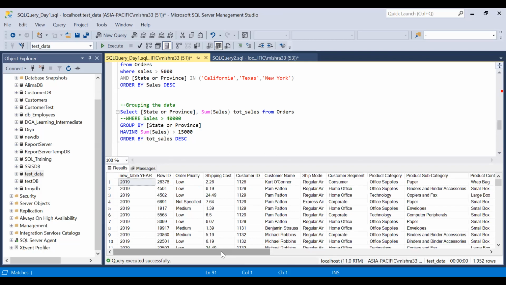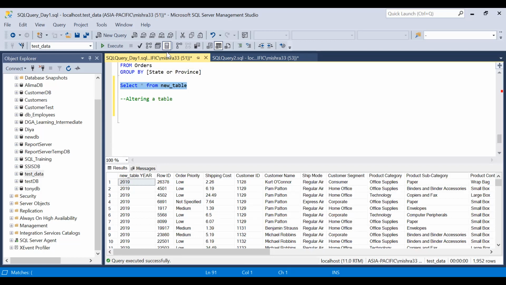Okay, this is the data that we have. Now, if you see here, there are two columns missing. I purposely deleted two columns out there. So we can create those two new columns from here. We give the command alter table, and new table is the name. And then we will use the keyword add, and then you have to specify the name of the column